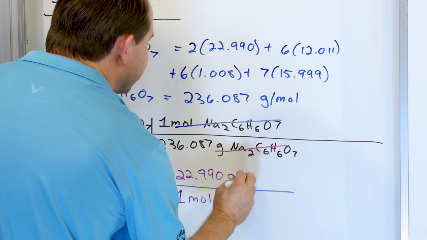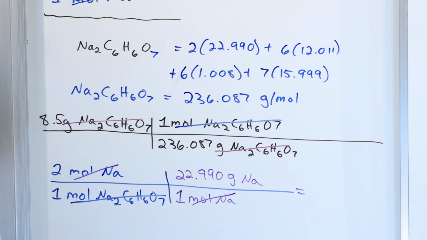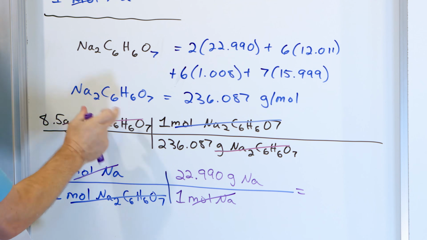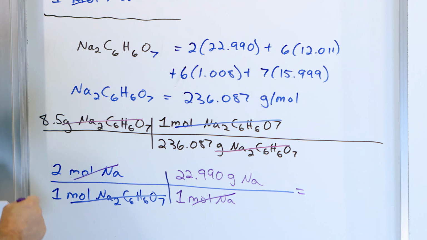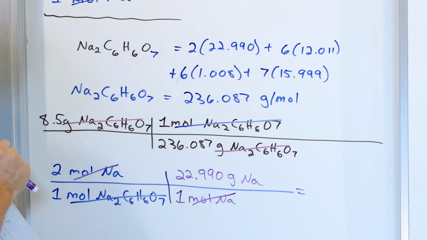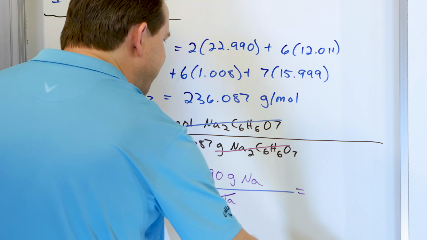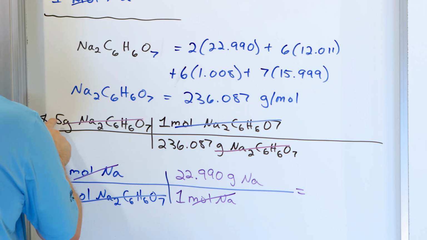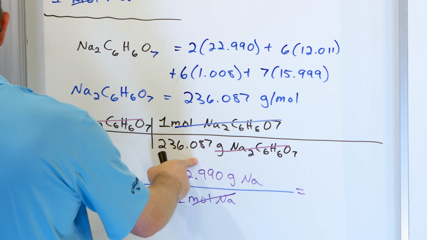22.990 grams of sodium. Now on the bottom, I have moles of sodium. On the top, I have moles of sodium. So we start with grams of the substance, and convert using molar mass to moles of the substance. And then in 1 mole of that substance, there must be 2 moles of sodium because of the formula. And then in 1 mole of sodium, we know the grams, the amount of mass here. So if we take 8.5 times 1, divide by this, times 2, divide by this, times the 22.99, and then